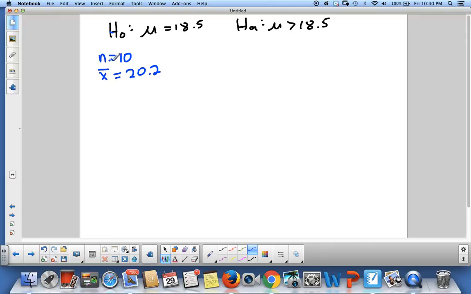So we're going to say, what's the probability that we would get a number this big or bigger simply because of randomness? Now, what I like to think of is this number is bigger than this number here. The sample that we got is bigger than what they stated. And the question is, how come? What is the reason for that? There are 2 possible reasons. One, it's just because it's a sample, and we happen to take a sample. Maybe if this still were 18.5, it's possible that when we took our sample,